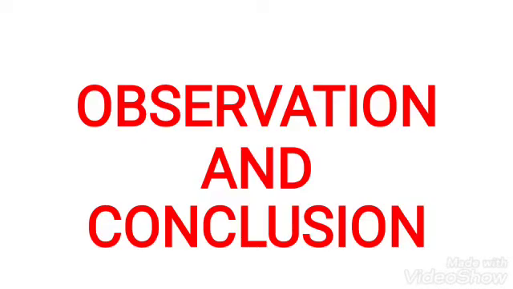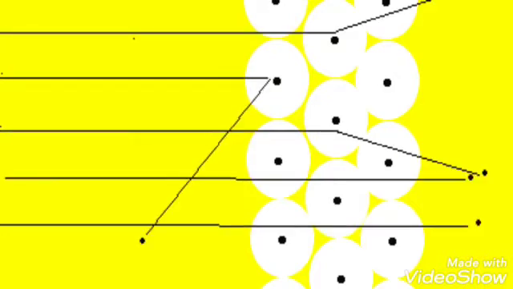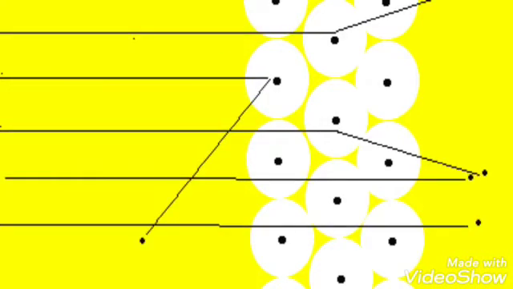Observation and conclusion. Most of the alpha particles passed through the gold foil undeflected. Hence, it was assumed that most of the space in the atom is empty. A small fraction of the alpha particles was deflected by small angle. Hence, Rutherford assumed that there must be some heavy body at the center which is extremely small, positively charged and